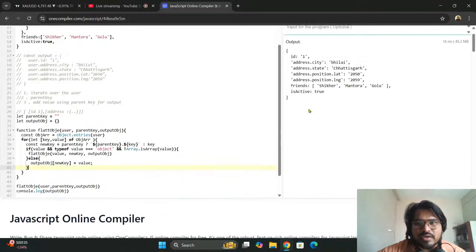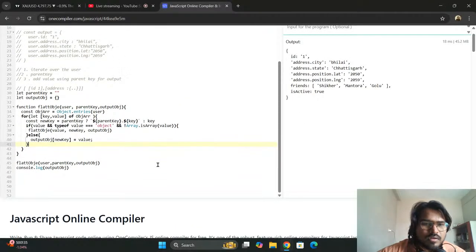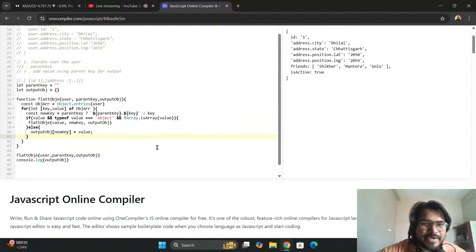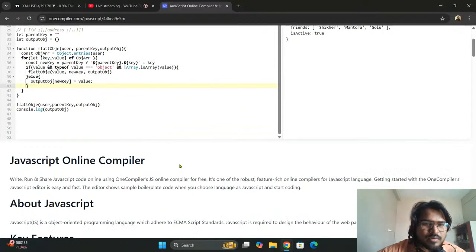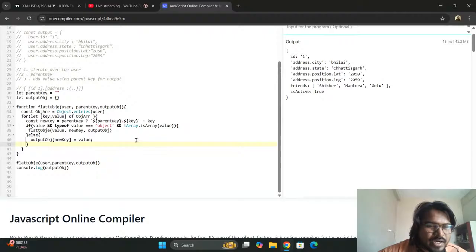Okay, this is the expected output. We just need to append the child user parent here. Then how can we achieve like this? So for that, we have to,